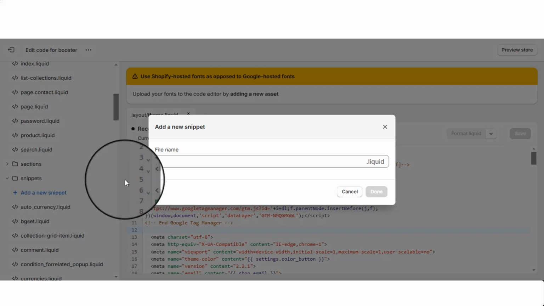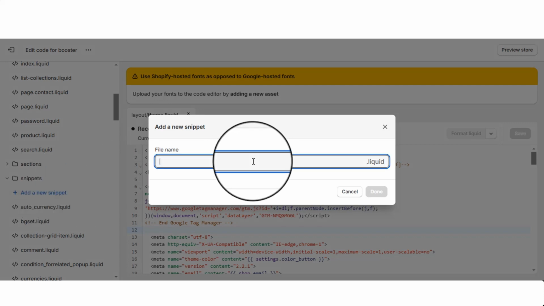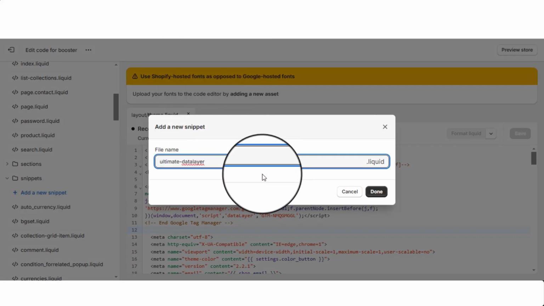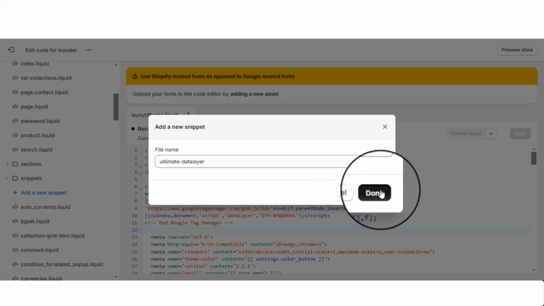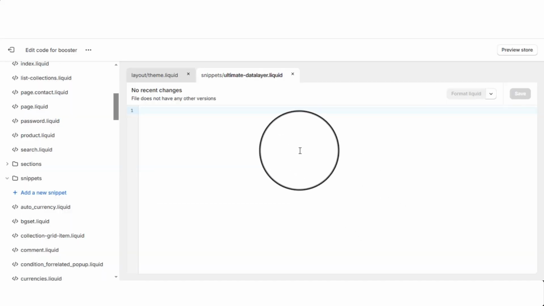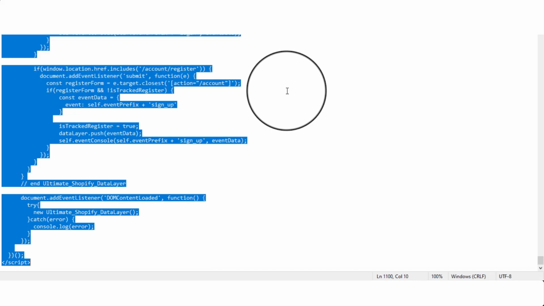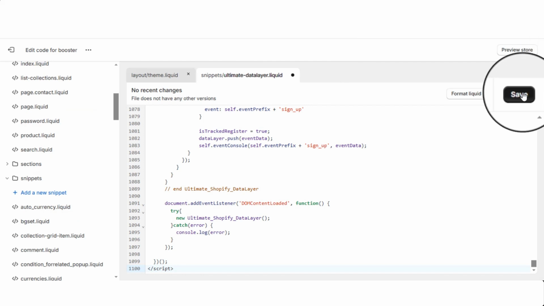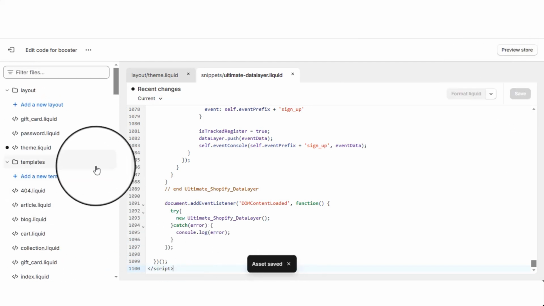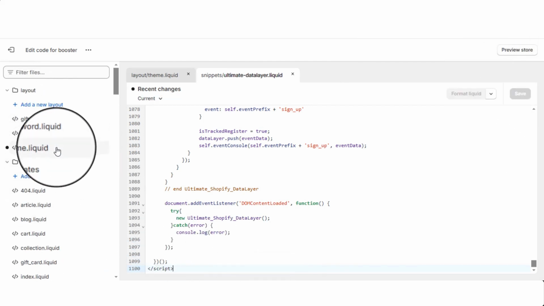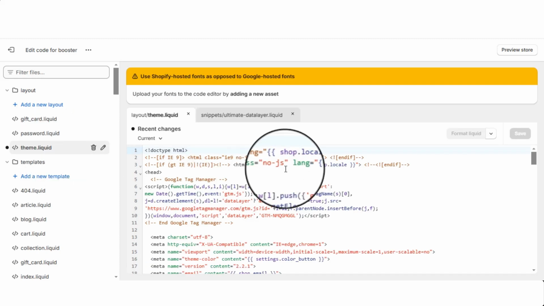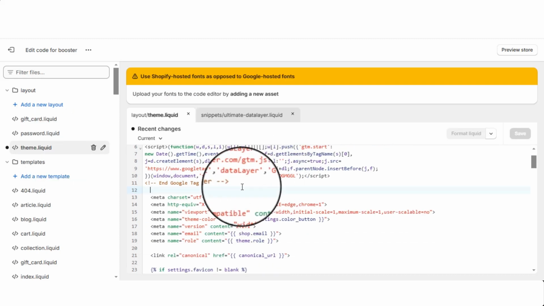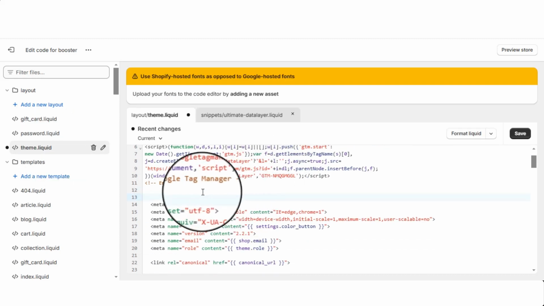Add a new snippet. The snippet name will be Ultimate Data Layer. Then done. Here we need a code. Copy this code and paste here. Then save. Asset saved. Then go back again to theme.liquid, and just press enter